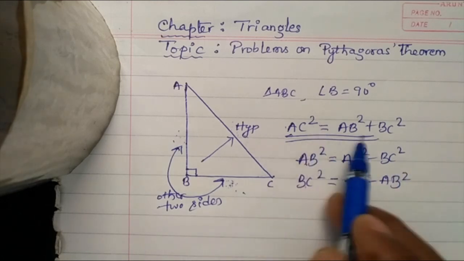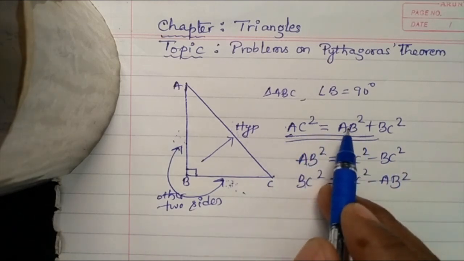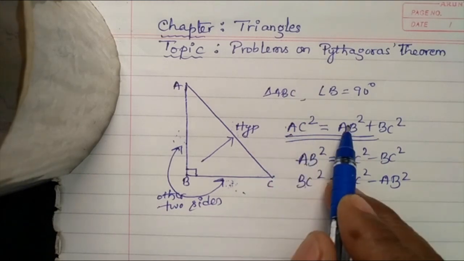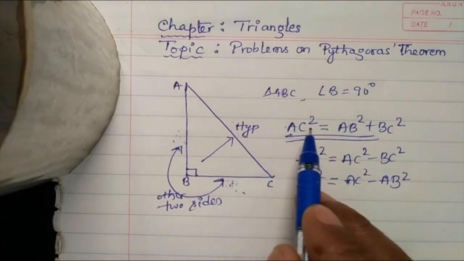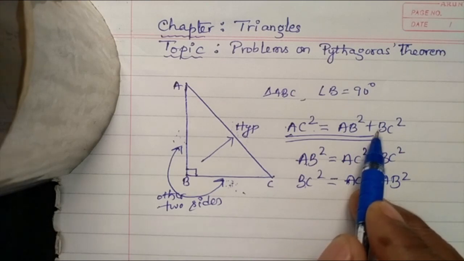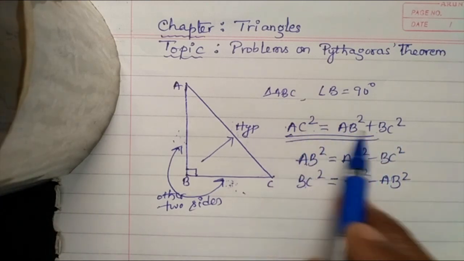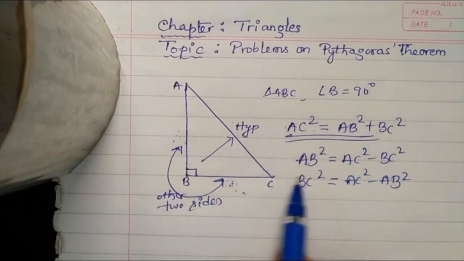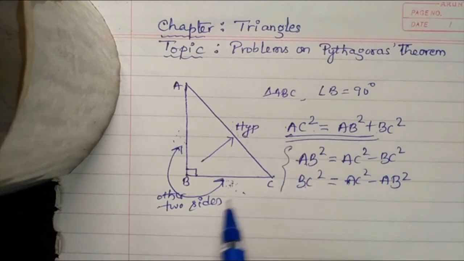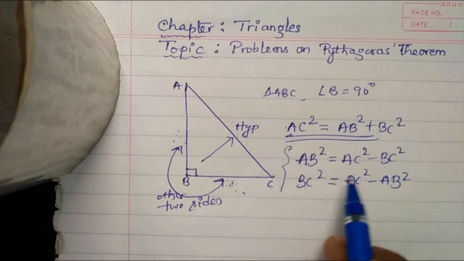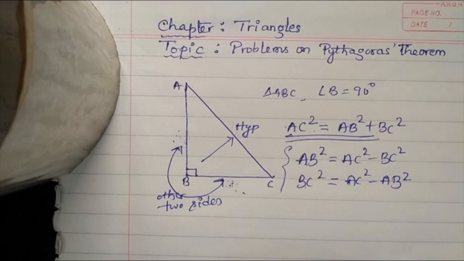The same thing you can do in the main equation, by shifting AC square. If you shift this one to this side, AC square minus AB square is equal to BC square. That is right. But other than shifting, if you get this kind of writing method quickly, proving many problems under the Pythagoras theorem will be easy.